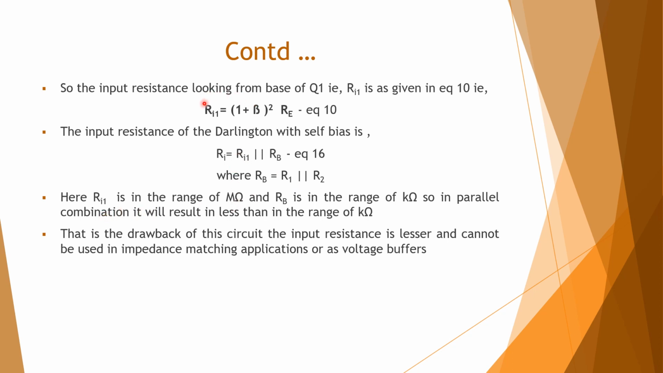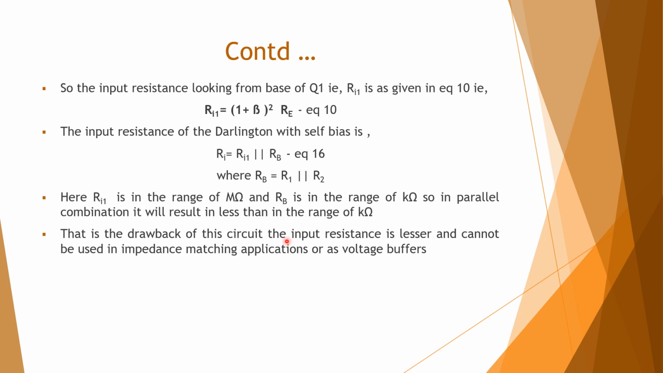This is the equation we have got from the earlier analysis, that is this one. So Ri1 is in the range of megohm and RB is in the range of kiloohm. So when the parallel combination comes, it will result in a value in the range of kiloohm. So that's the drawback of the circuit. The input resistance is lesser and cannot be used in impedance matching applications or as a voltage buffer, as told earlier,